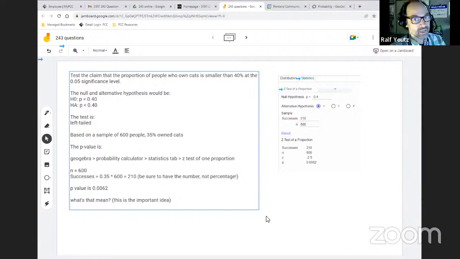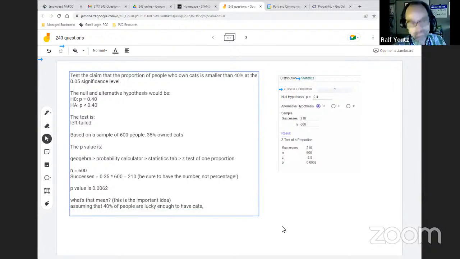What that says is, assuming that 40% of people are lucky enough to have cats, the chance we'd find a random sample of 600 people with 35% or fewer, with no more than 35% cat owners,